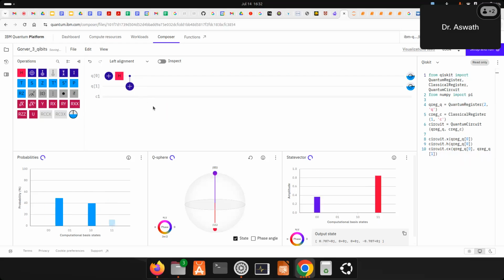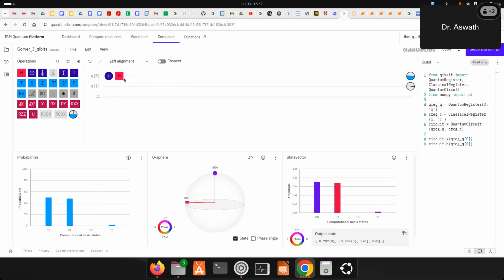Apart from this, there are other gates also shown in this graphical interface. Let me show what those gates are. There is a swap gate. There is a control not gate. This is removed, that's why it is highlighted. It's also called the Toffoli gate, and there is an XX, which is also called the swap gate.